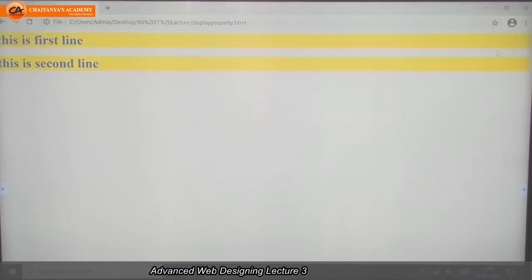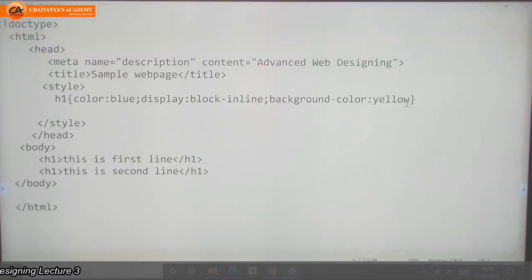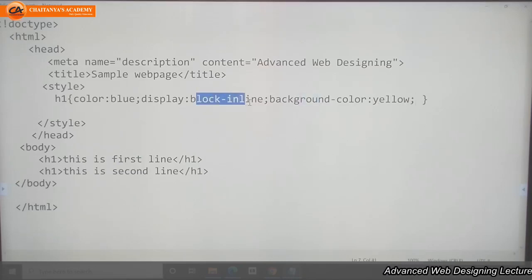See, it took full width. It took full width, but I can select the height and width for this property. Which property? Display block or display inline-block.